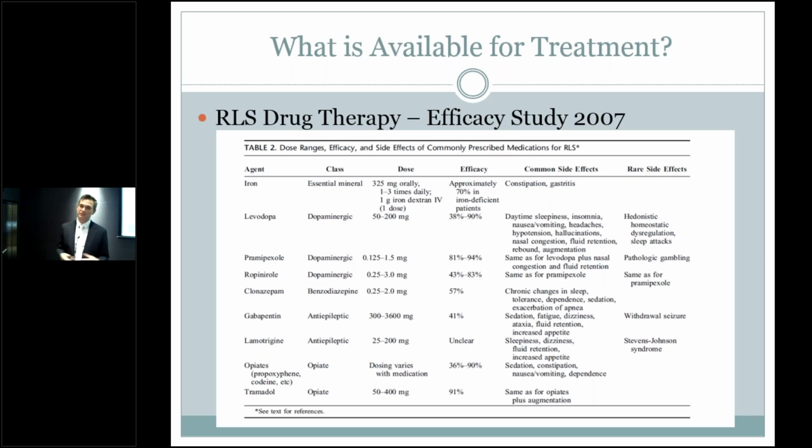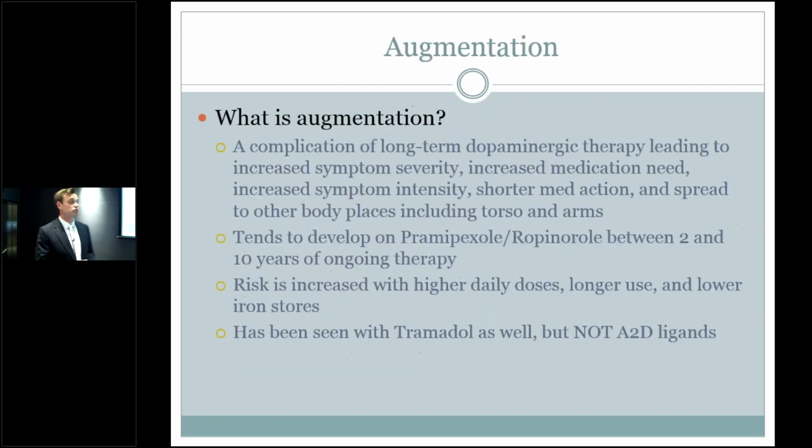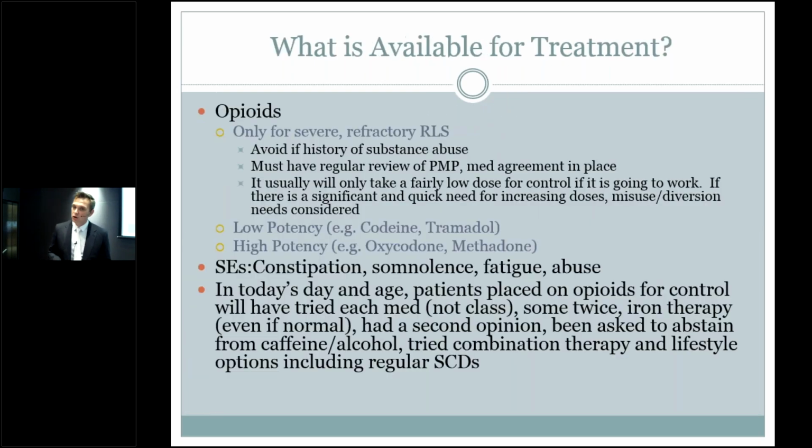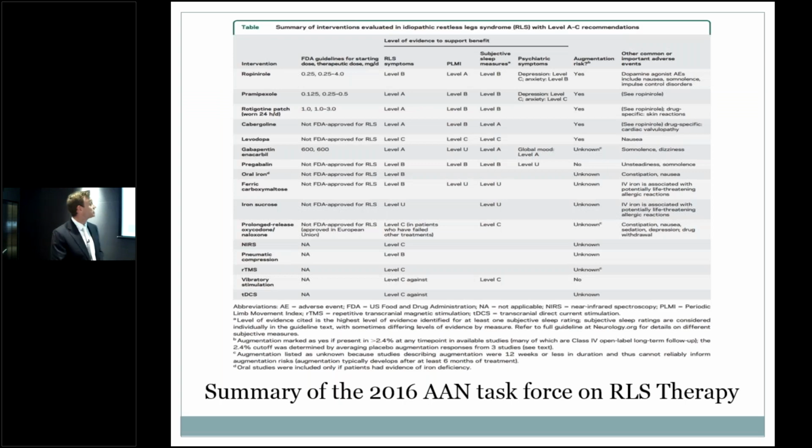You would think that giving somebody a dopamine analog would be very effective, based on the fact that dopamine agonists work. And there's just no data out there that suggests that's true. Level C, it's really very low on what the effectiveness is for patients on levodopa. I've tried it on patients, especially if we're getting to the point of trying opiates on them, and it's really very, very limited in effectiveness.